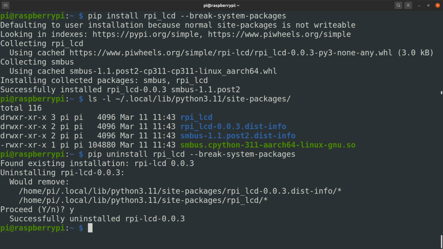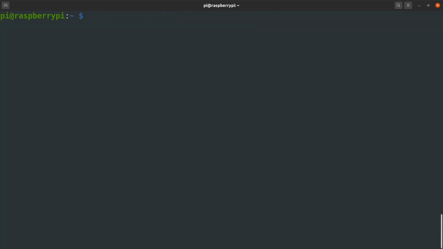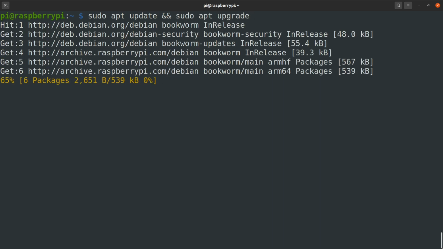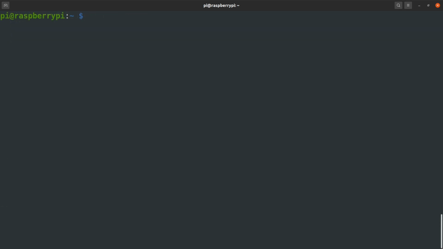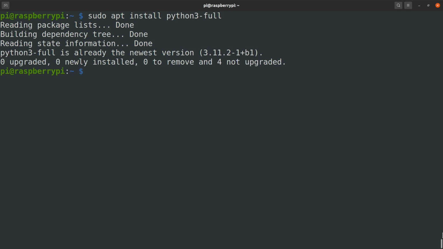Ultimately, using a virtual environment is recommended. If the package isn't available via apt, or you want to avoid system conflicts, create a virtual environment. Start with a system upgrade. Then ensure to have a full Python setup.